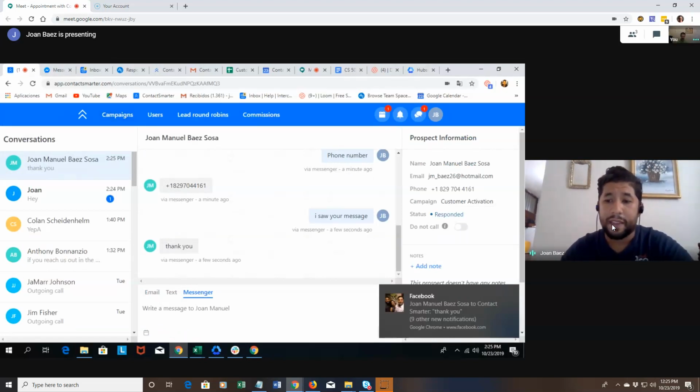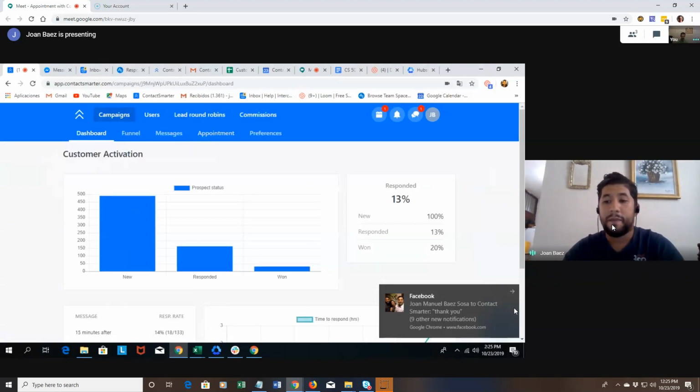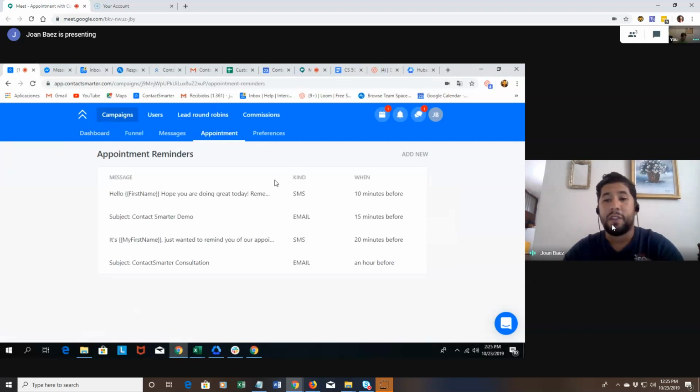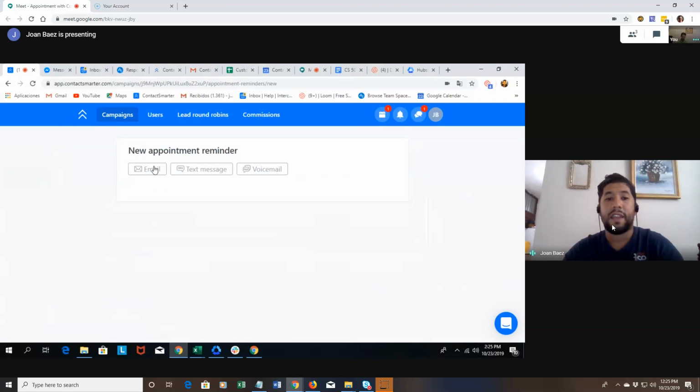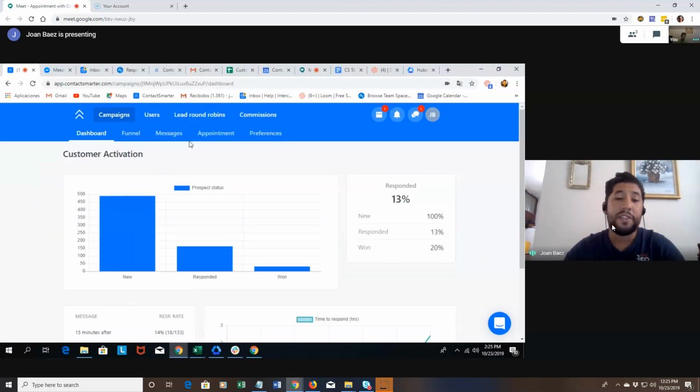We also have the calendar integration that I just mentioned, which is going to give us the opportunity to create appointment reminders when a person books an appointment. Let's say, for example, I already booked an appointment and I have a reminder sequence already created. You can click on Add New, and you will start creating reminder sequences via voicemail, text message, and email as well. So this is very important because you're going to have 3 channels